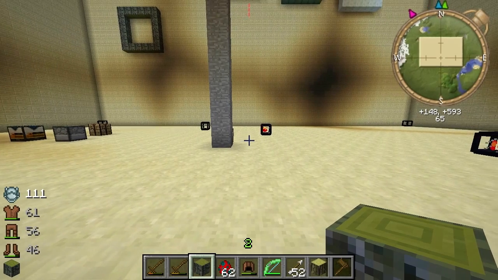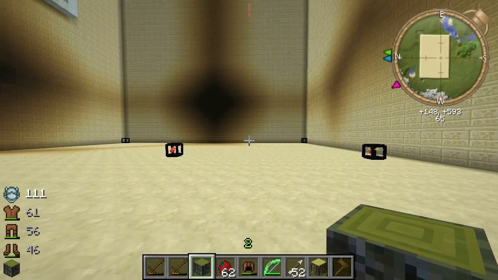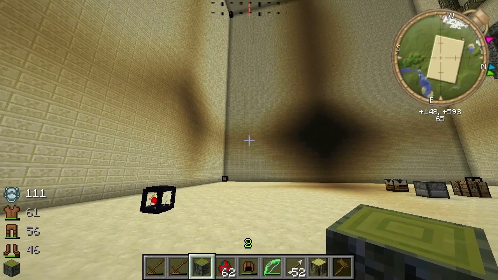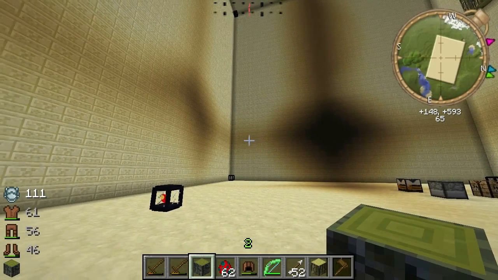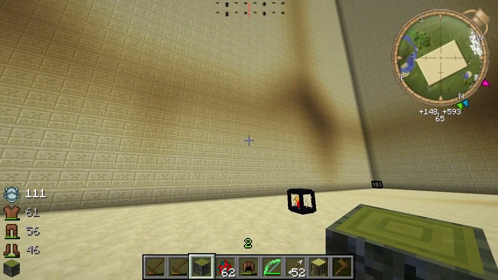I think how I've done it, I might be like 1 or 2 pixels off because what I tried to do is actually copy what the original thing is. But yeah, this mod is cool though. Basically, it is just this compass at the top in the middle of the screen. And what you can do is